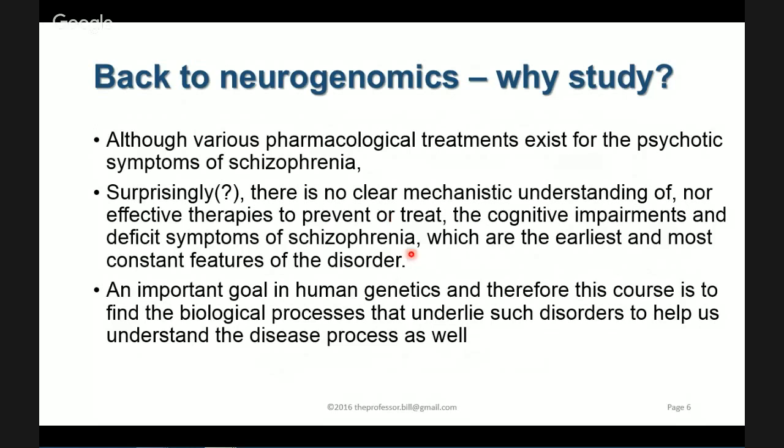So overall, one of the more important things is, in genetics, we want to understand the foundational way in which this inherited disease actually works, particularly in the biological processes that I'm going to describe for you. We need to understand the mechanism, in other words. So even though we have drugs that relieve some of the symptoms, even though we think we know that there are structural changes, we really don't know a lot about the disorder, and we need genetics to help us understand it. And I'm going to try to give you that framework in terms of this new paper